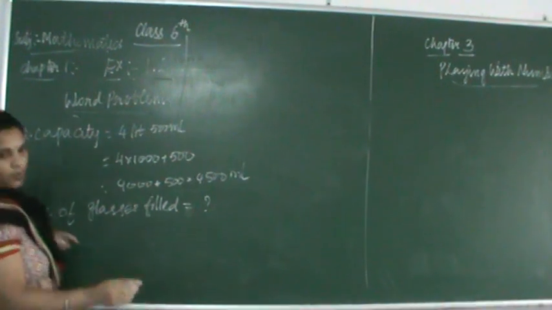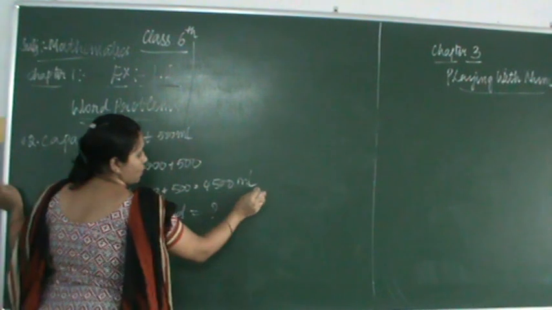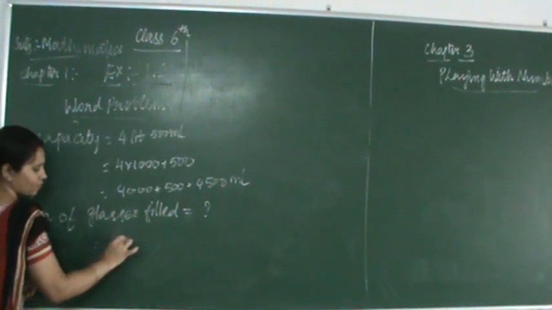So what is it that we have to do? What's the capacity of the glass? Each glass is given as 25 ml. What's the capacity we got? 4500. So we have to divide 4500